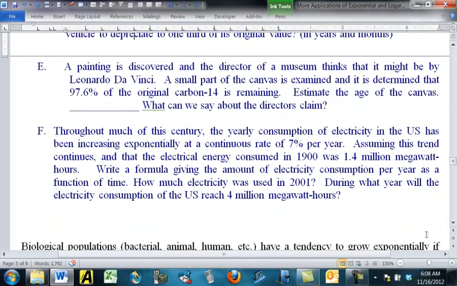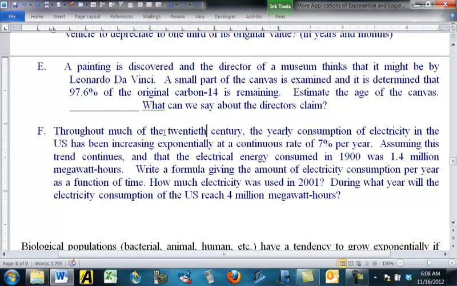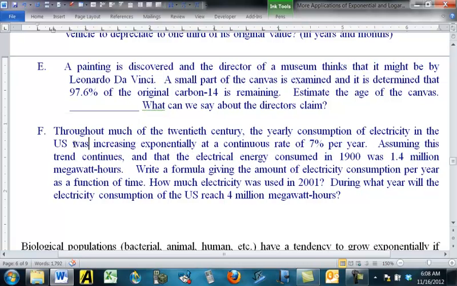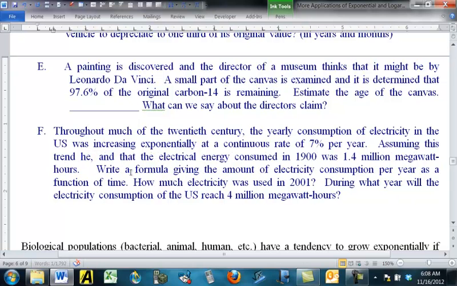Okay, throughout much of, well, I should say the 20th century, the yearly consumption of electricity in the U.S. was increasing exponentially at a continuous rate of 7% per year. If we assume that trend held, or holds, and that the electrical energy consumed in 1900 was 1.4 million megawatt hours, write a formula giving the